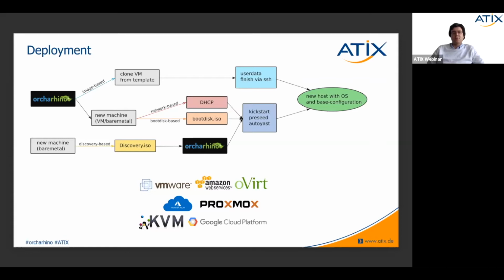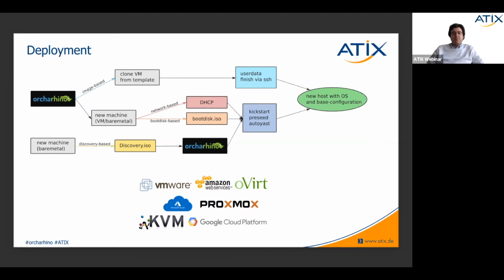So this means if we have 10 bare metal servers to deploy, we don't have to go to the data center, go to one server, deploy it, go back, and do that 10 times in a row. We can just go to the data center and switch on all the 10 servers at once. We go back to orcharhino, and all the 10 servers will appear as discovered hosts. And from there, we can just assign all the operating systems and all the parameters we want them to be deployed with.